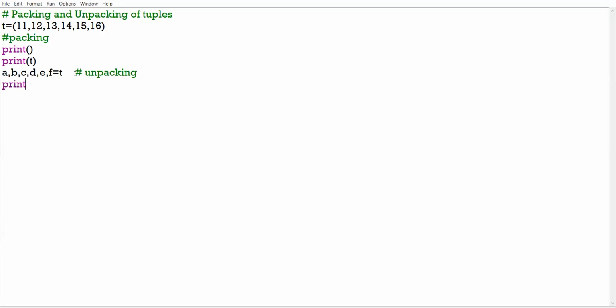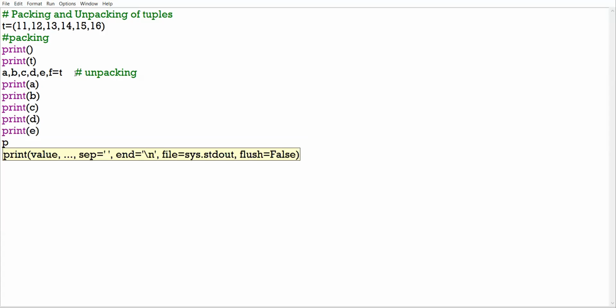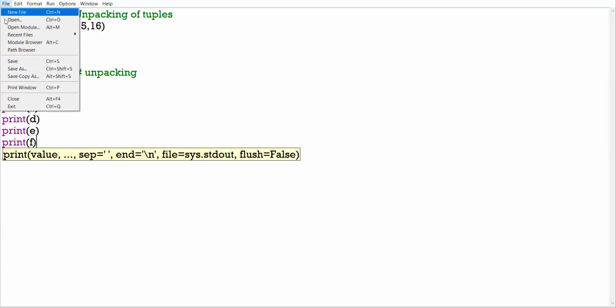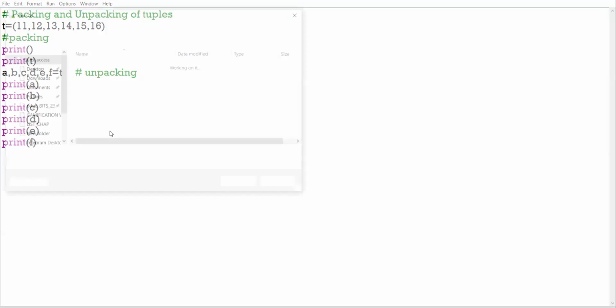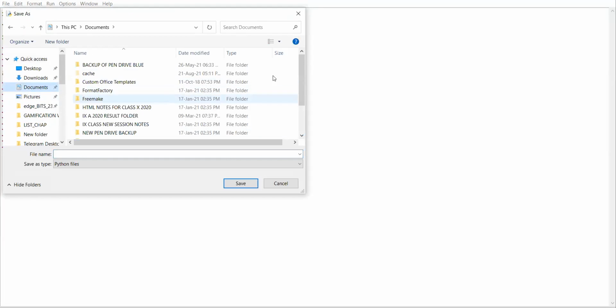Now, when you print these elements, they will get individual elements of the tuple. I just show it to you by running this simple program.